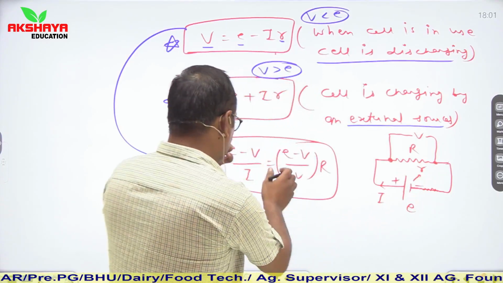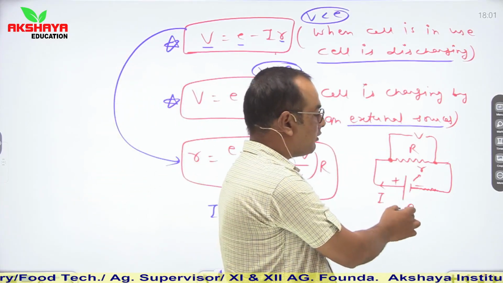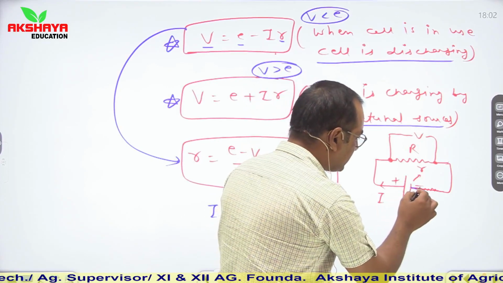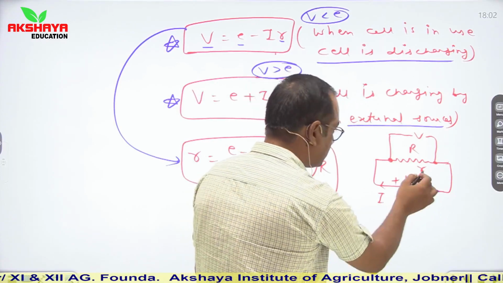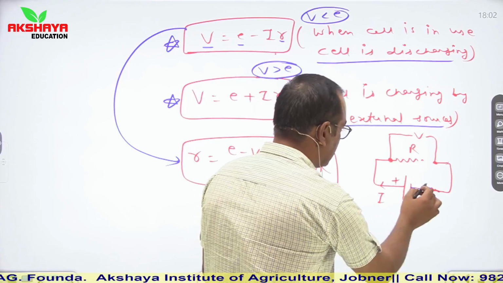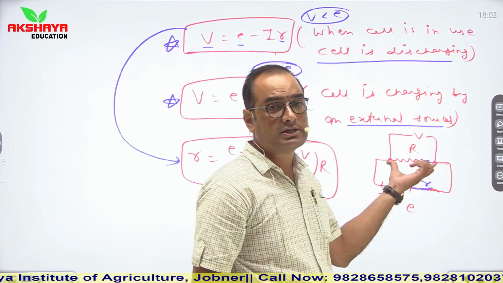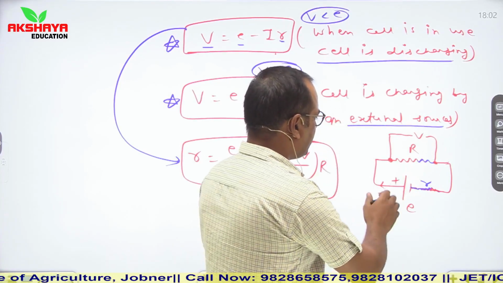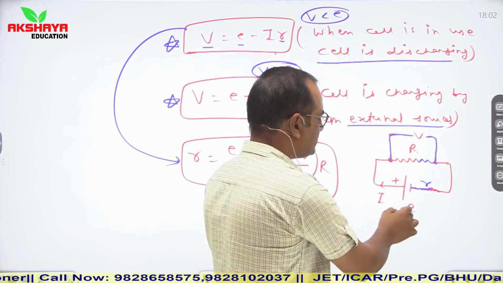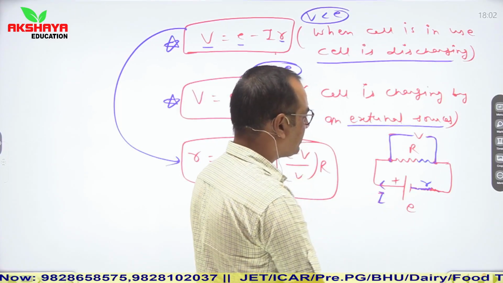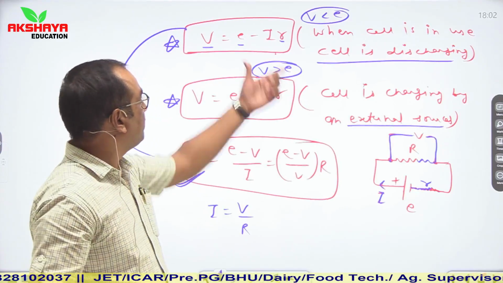So here I have drawn a circuit diagram consisting of all the values. Let us say we are having a cell of EMF E. Its internal resistance is represented with it, which is small r. Let's write it here. This is the value of small r, and this capital R is load resistance. So see here, potential drop is produced across its ends. Clear? This is EMF. Let us say current I is flowing through it. So this relation can be calculated from this relation.